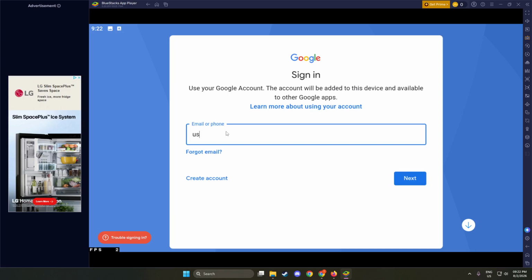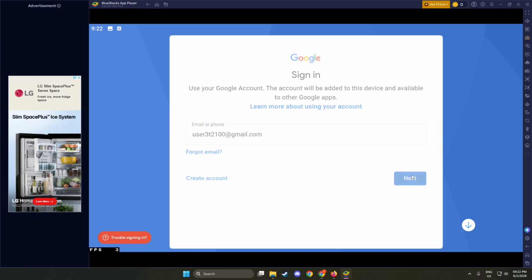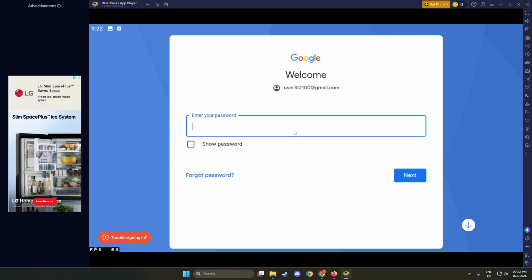If you want to remove it, click Remove Account. After clicking, Android may show a small confirmation prompt asking if you are sure. Once you confirm, the account disappears from the Google list in the Accounts section, and any apps that use this account inside BlueStacks will no longer sync with it.